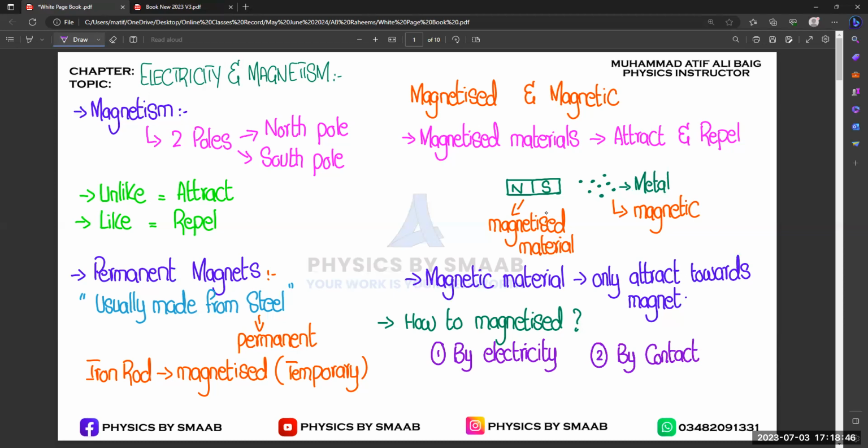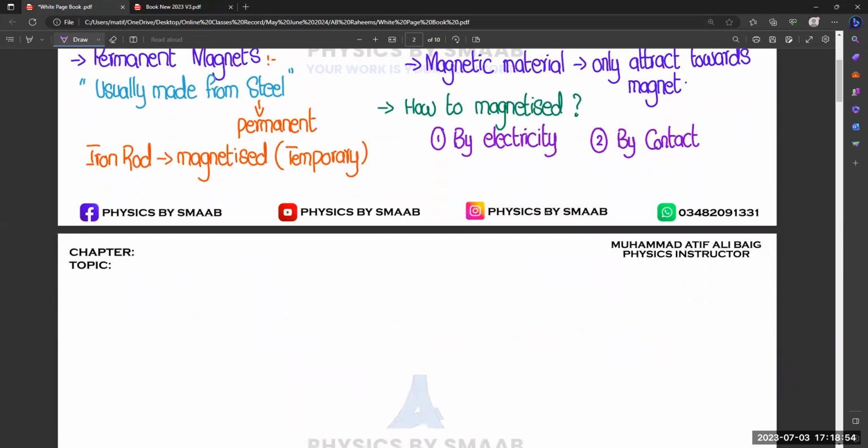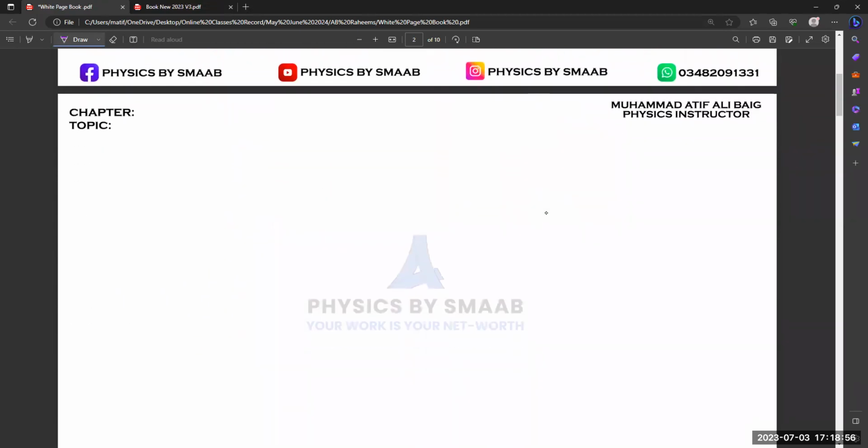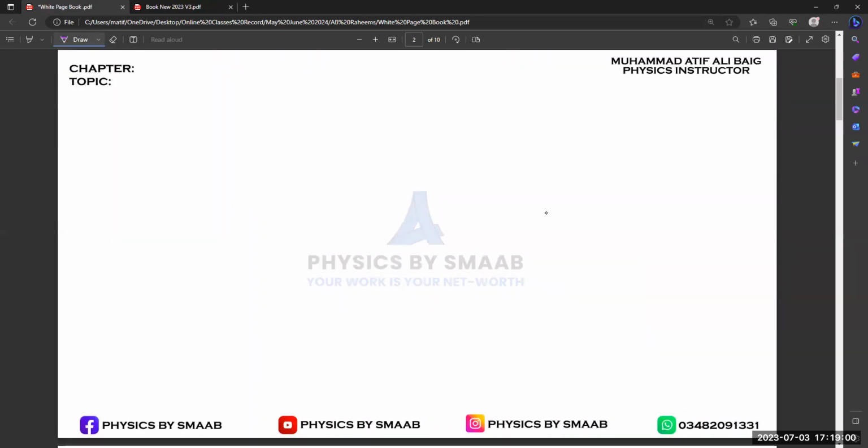We just place a rod with a magnet for a short time, and then we try to pull the pins. Like keep them together? Yes. Let's suppose if we consider these two examples, the contact method and the electrical method. First, if we talk about the electrical method, because the electrical method is more important for us, because this is a stronger method to magnetize any material. So let's suppose we want to magnetize electrically,